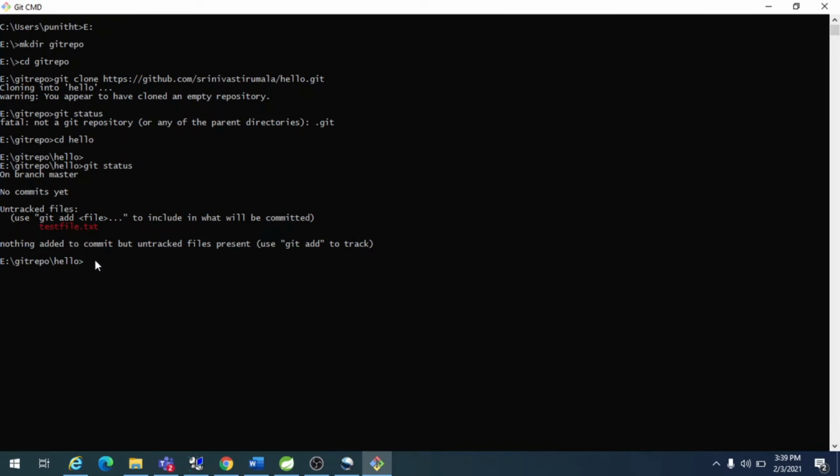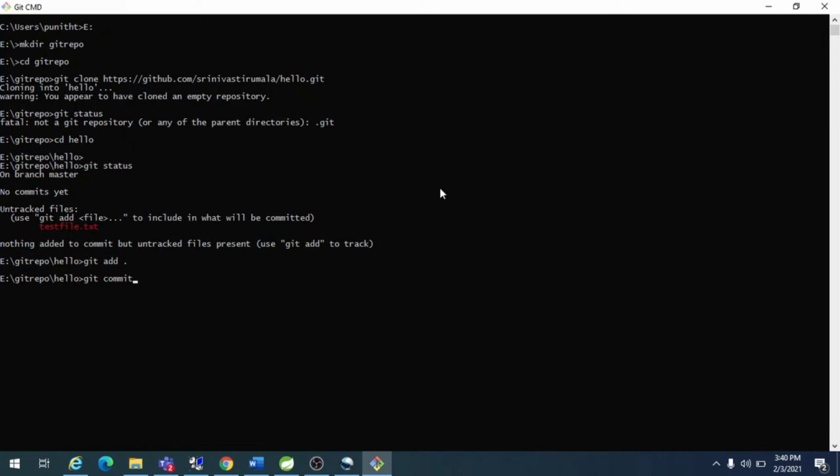First you need to add it to your local repository, then you have to push to the central repository. How to add this file to the local staging area? By using git add dot, which will add all the new files to the staging area. Once you add it to the local staging area, you have to commit.